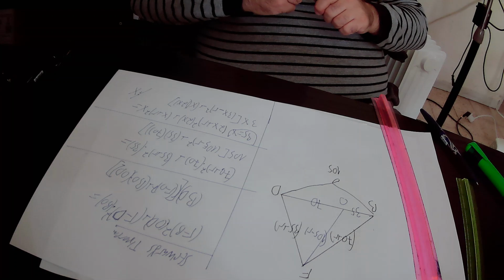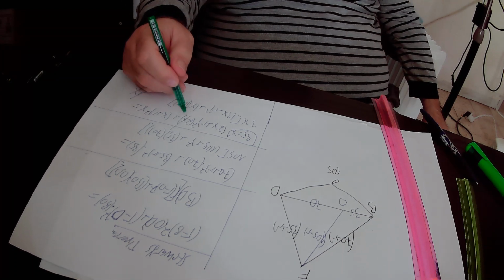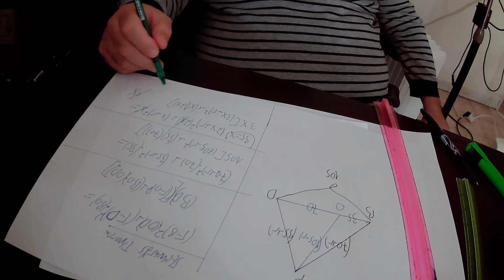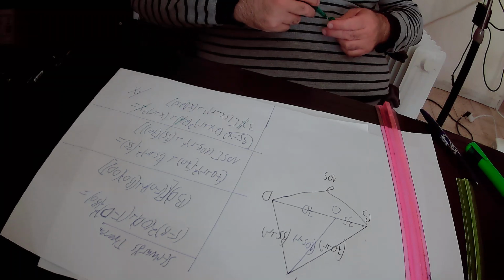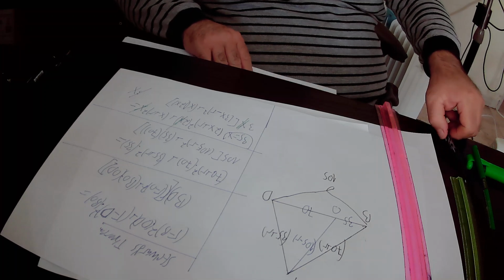So here x will get cancelled, here also x will get cancelled, and here x will get cancelled. So what is left from this equation after we cancelled x? We have